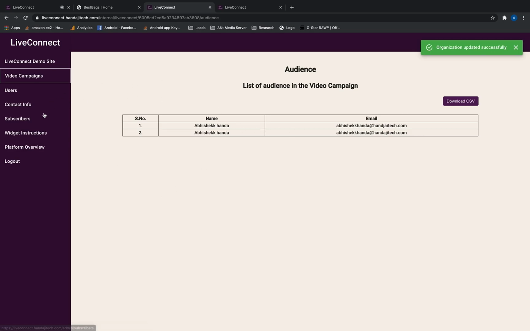Besides all these details, there is subscribers information. So every time a person joins any of your live sessions on your website, we will help you to create the mailing list that will help you to interact with them better, update them on the future scenarios, right? And capture as much data and interact and be close with them, right? So that's all about Live Connect.